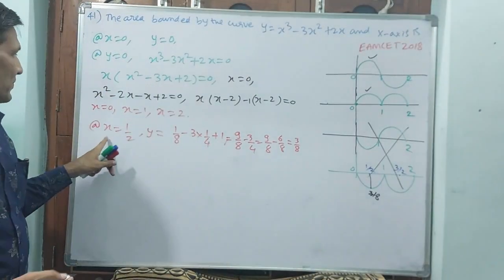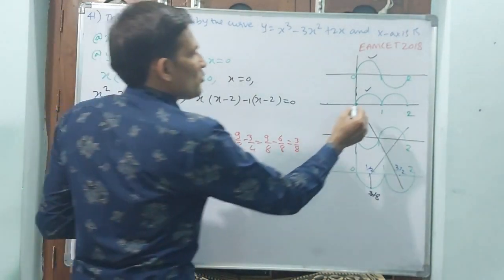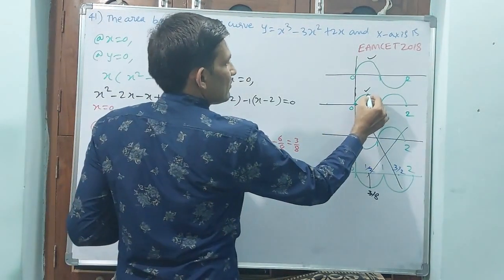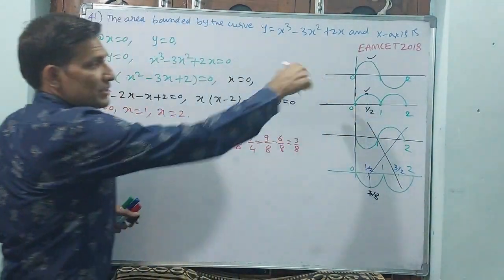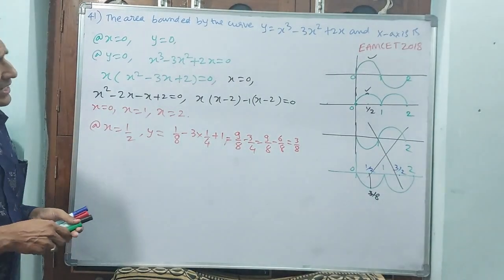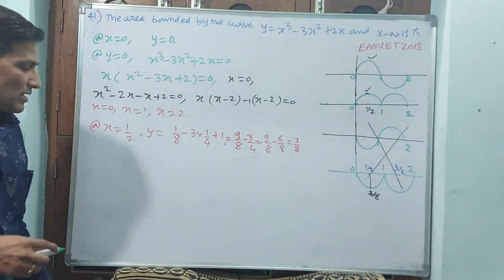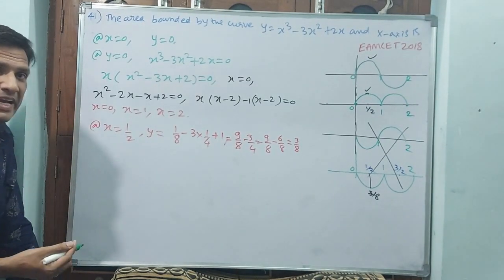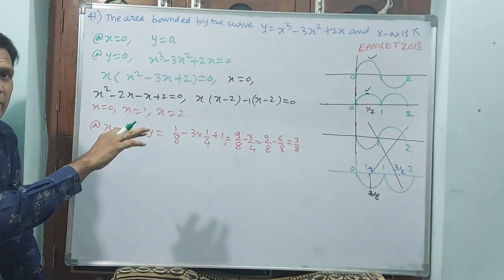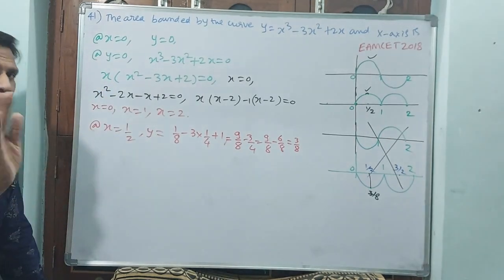Understand why? Because at x equal to 1 by 2, positive 1 by 2, positive 3 by 8 has come, not negative 3 by 8. That means in these two figures it may be. See, this is for knowledge's sake only. Directly you can apply 2 times, but how do you know 2 times we have to apply? You should know that at 1 by 2 and 3 by 2 exact values are coming, plus or minus, then you can apply.